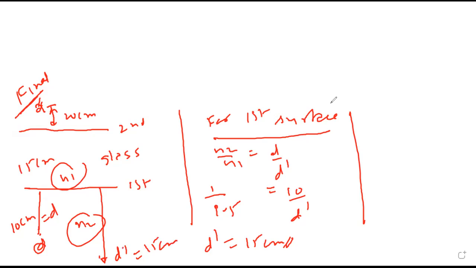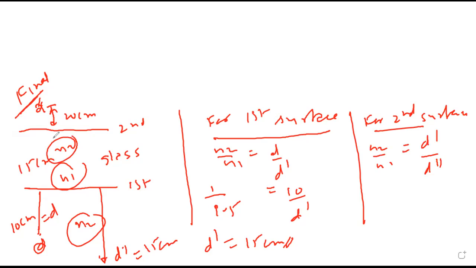Now this behaves as object for second surface. So for second surface, n2 upon n1 is d dash upon d double dash. n2 is from where light will start. So this is n2 and this is n1. Light will start from 1.5, n1 is 1. D dash means we got 15 centimeter upon d double dash. So 1.5 into 10, d double dash equals to 10 from second surface. 10 from second surface means